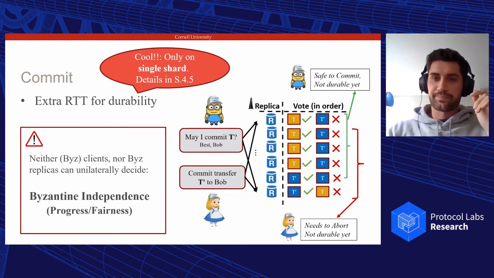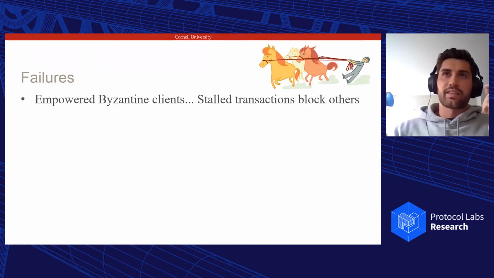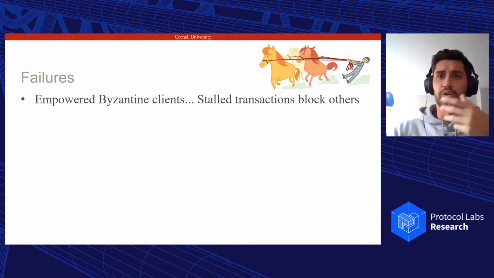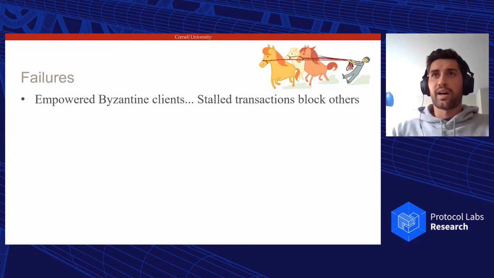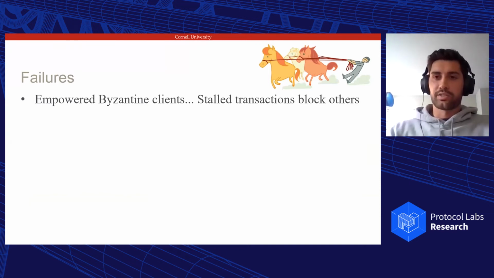The takeaway here should be instead that Basil, with its client-driven design, sidesteps all of these concerns of ordering and fairness entirely. Now, what I did sweep under the rug in the previous slides, but I kind of alluded to previously, is the fact that by empowering clients, I'm in particular also empowering Byzantine clients. Now, if their transactions are commutative, then that has no impact on other clients. But if they do conflict, then misbehaving clients can block contending transactions to stall indefinitely or even force them to abort and have to retry.